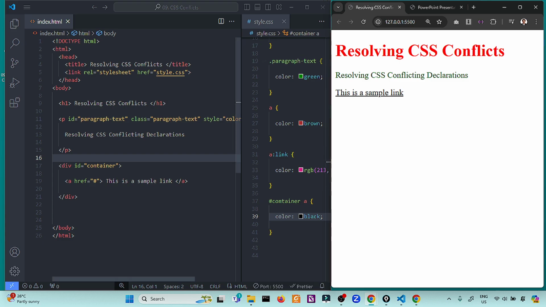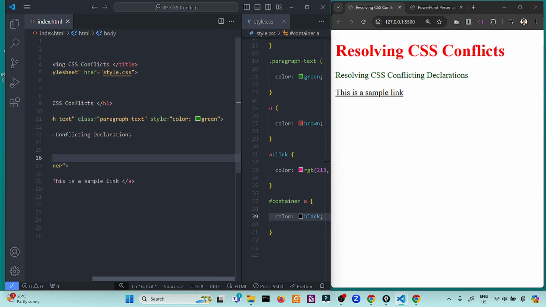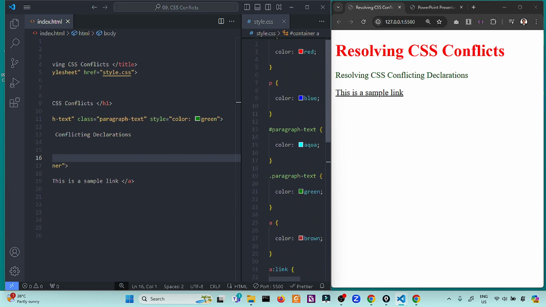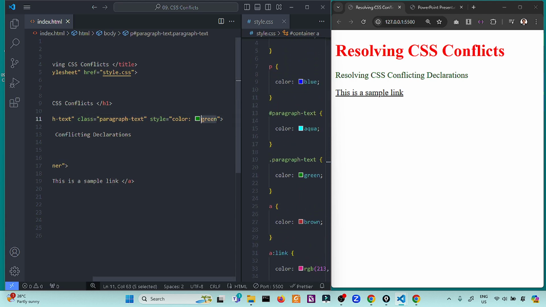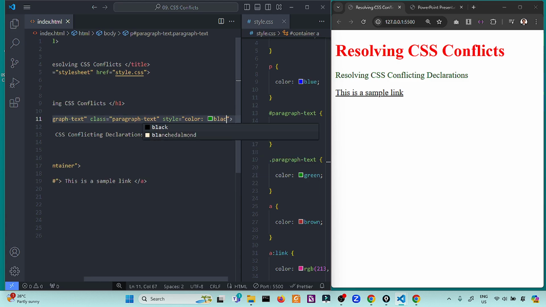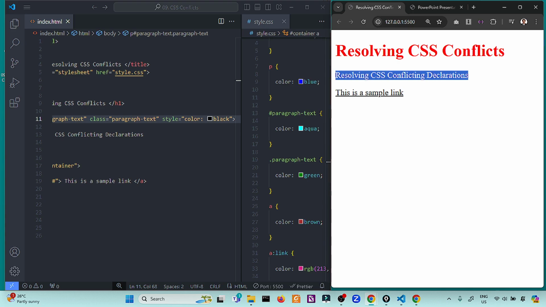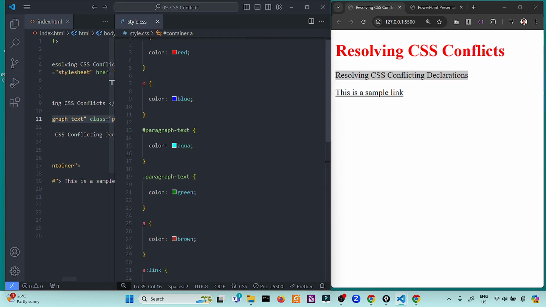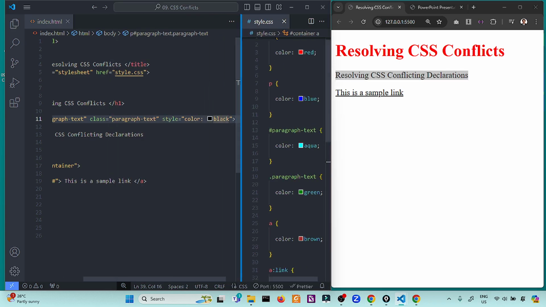This means that this will take effect more than the ID or the universal selector or the class selector. Let's make it, for example, black. So this will be more powerful than the ID, the element, or any other classes.